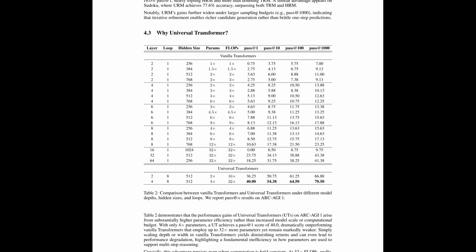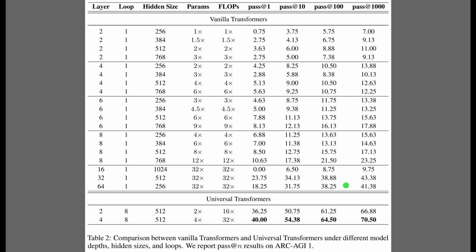This table shows that looping a universal transformer can beat simply scaling a vanilla transformer, even when the compute budget is similar. Table 2 compares pass at n on ARC-AGI 1 across depth, hidden size, parameters, and flops. The vanilla transformer block climbs slowly and even hits a pass at 1 of 0 at one large setting. The universal transformer rows jump to a pass at 1 of 40, which supports the idea that iterative refinement drives